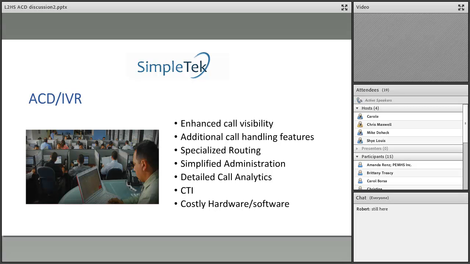It does provide specialized routing. Administration now becomes more of a user-friendly platform because you're dealing specifically with the call center application.